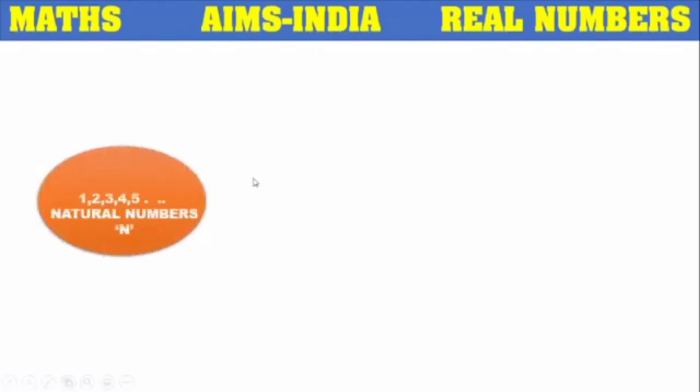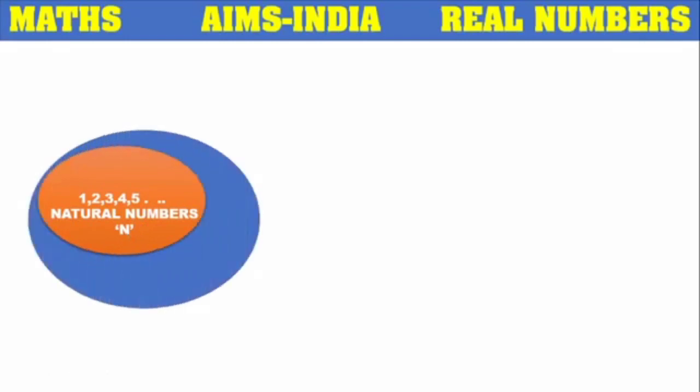So first let's start with the counting numbers 1, 2, 3, 4, 5. The numbers starting from 1, 2, 3, 4, 5 like that, whatever numbers we have, these are all considered as natural numbers or counting numbers. The symbol for natural numbers is N. If we add 0 to the natural numbers, then the second set of numbers is called whole numbers, and the symbol for whole numbers is W. So in the whole number system, along with the natural numbers, 0 is included.